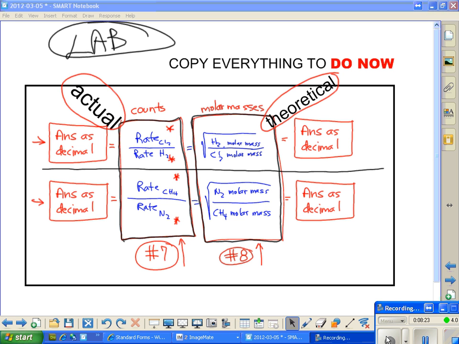percent accuracy, or percent of error, actually, percent of error that we're going to look at as part of the do now. Okay, has everybody got that now? Actual represents your counts on the computer. Theoretical is the calculation that you did on the molar masses, which you had the upside down, the inverse of